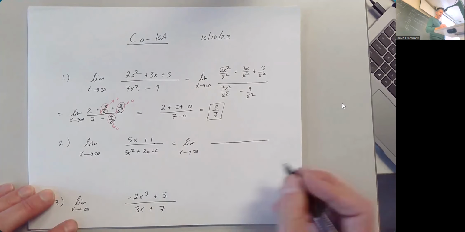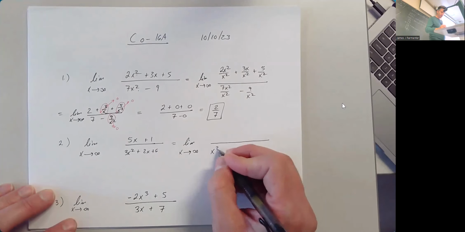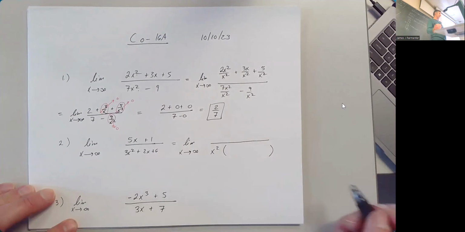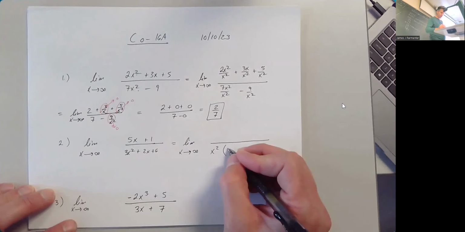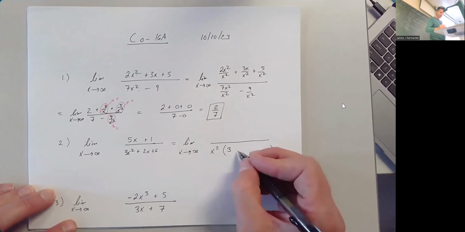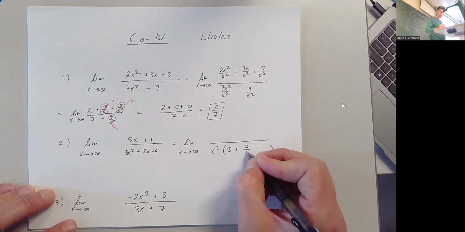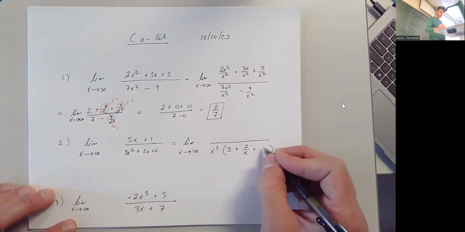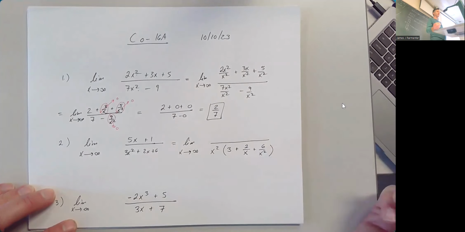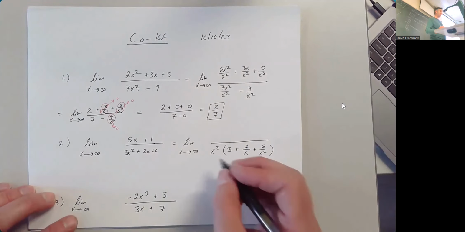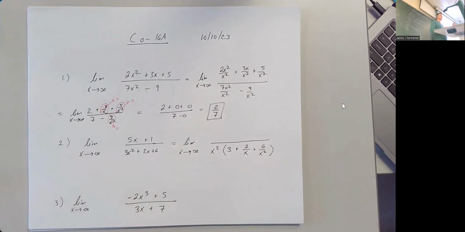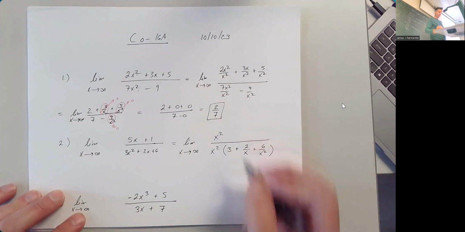Literally the same work, because if I factor out an x squared from the bottom, I'm really just dividing each of the things left by x squared. 3x squared divided by x squared is 3. 2x divided by x squared is 2 over x. 6 divided by x squared is 6 over x squared. It really is the same work. On top, I'm going to do the same thing. It's always the highest power of x that is in the denominator. So factoring out x squared on the bottom, on the top,